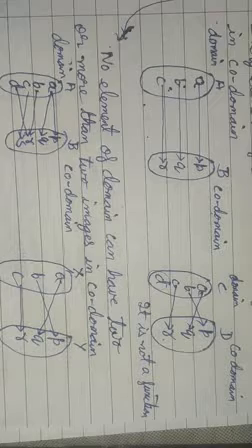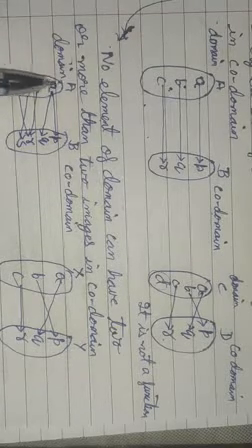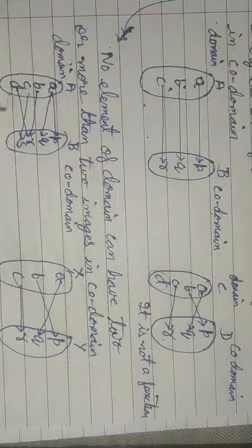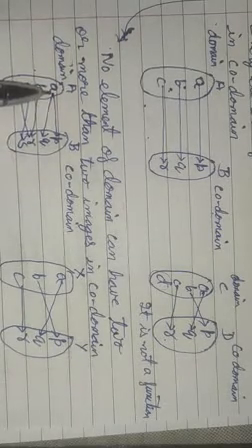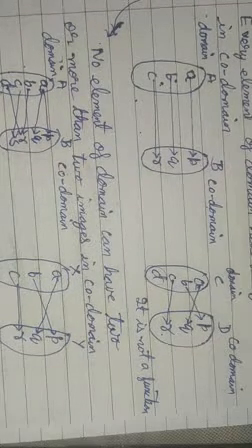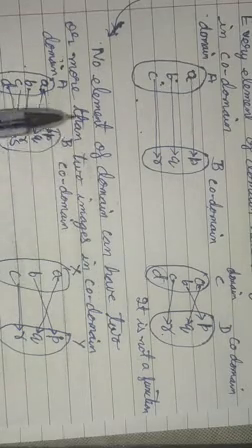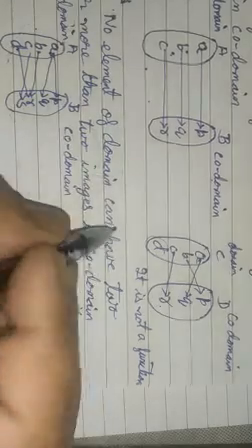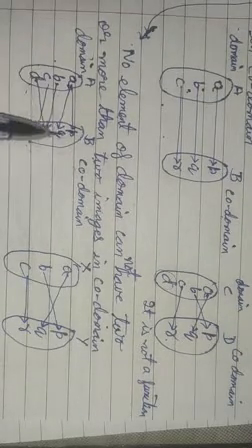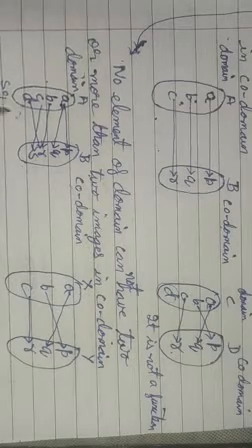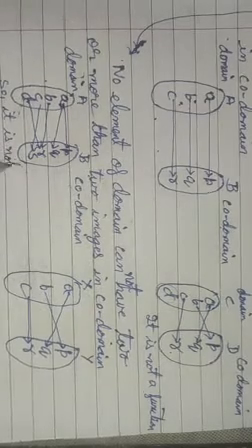So what is here in the first, if you have relation, what we are seeing that this a has two images p and q, and according to our definition, in a function the element of domain cannot have two or more than two images in codomain, and here the element a has two images in a codomain, so it is not a function.